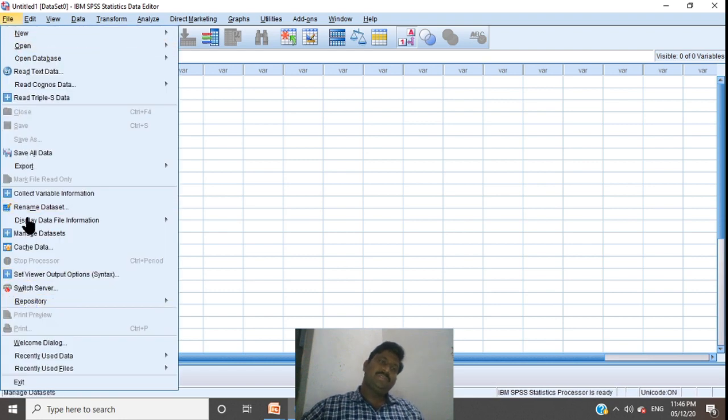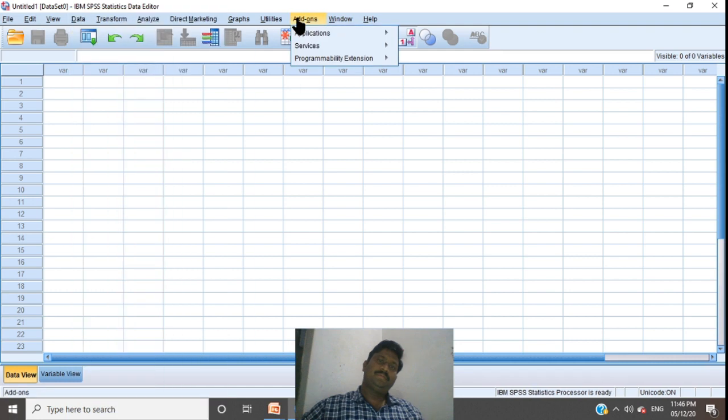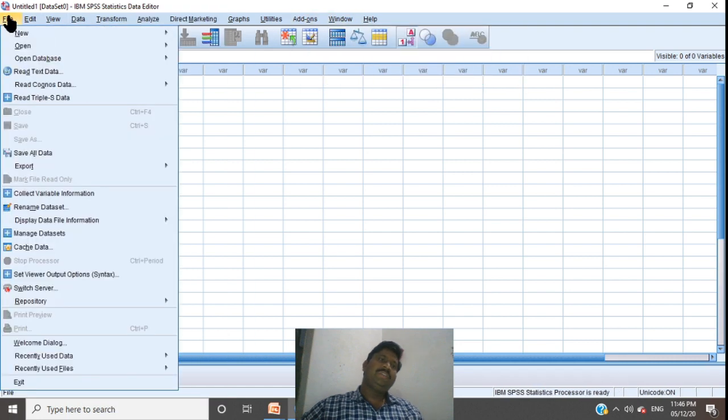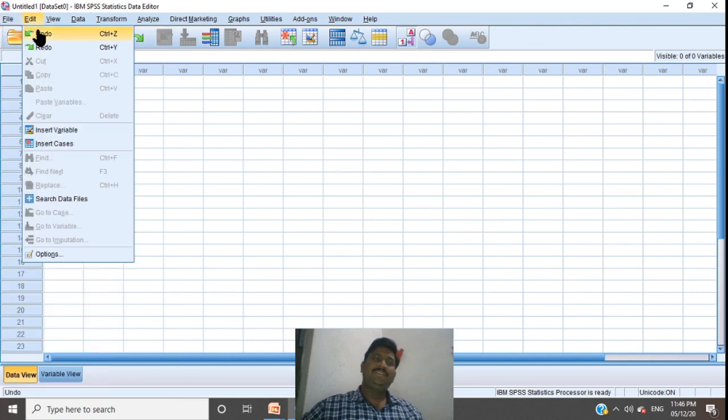So these are the menu options. In file, edit and view, you will find some familiar options. Familiar in the sense that if you know how to use Excel or MS Word, some options are there too: new, close, save as, save all data; in edit, do, undo, cut, copy, paste, clear, find, replace.